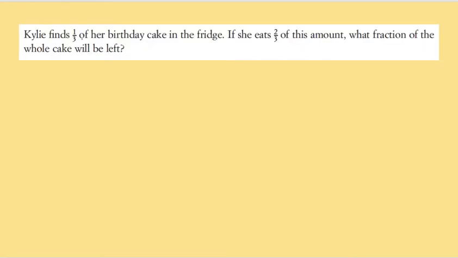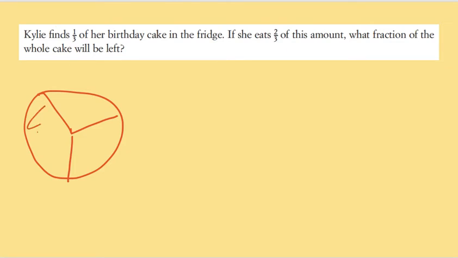Kylie finds a third of her birthday cake in the fridge. She eats 2/3 of this amount. So she's got this cake, right? And this is the cake all the way around here. So she finds a third of her cake. So this is all gone. So this is a bit here that she finds. She then eats 2/3 of this amount. So this is what she found. So then she ate